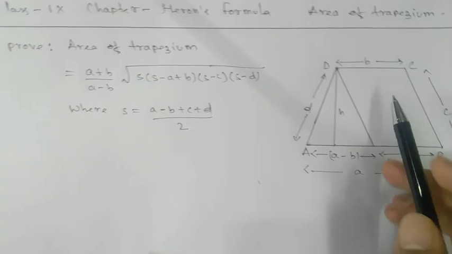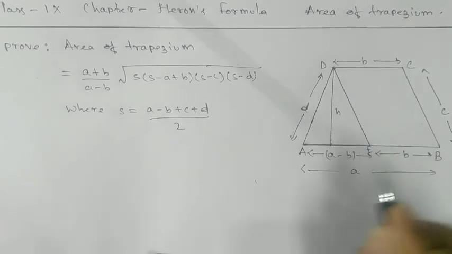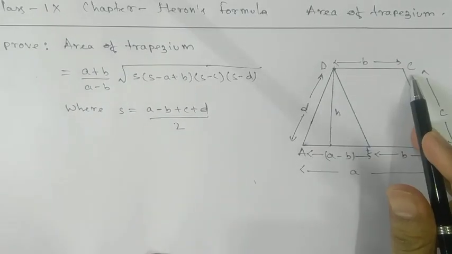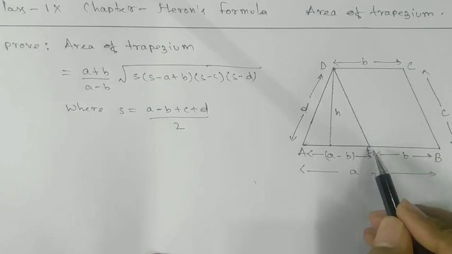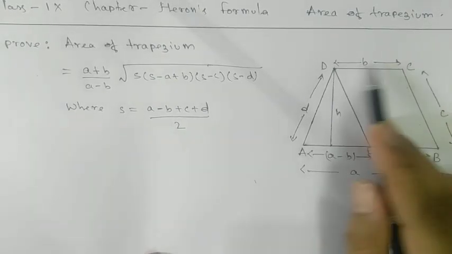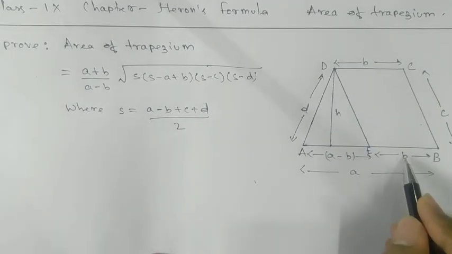So let's draw here DE parallel to BC, such that EB equals DC. That means we'll take this point B. Now see,